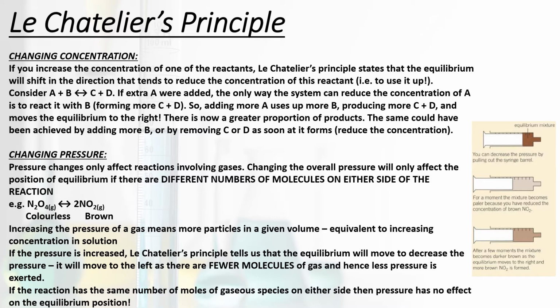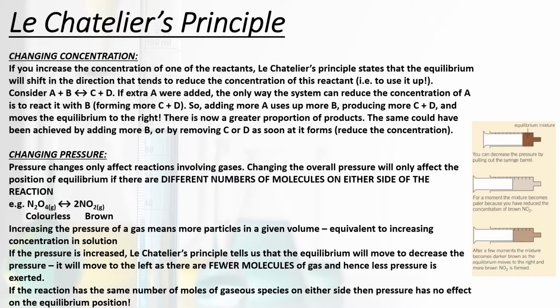Remember, Le Chatelier's principle tells us that the system will move to oppose whatever change we've introduced. So if we increase the concentration of a reactant, the system moves to reduce the concentration of that reactant, to use it up. So if I have a really simple reaction, A plus B goes to C plus D,